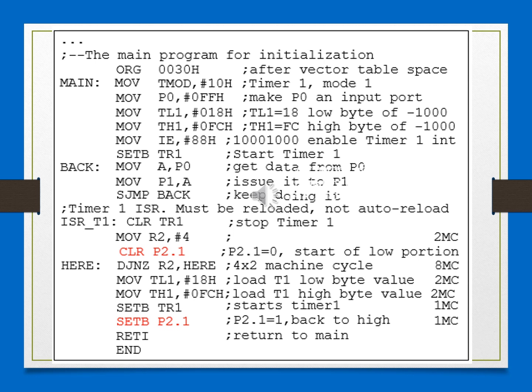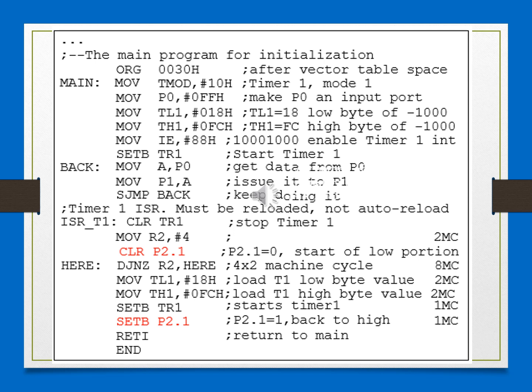For the 1085 microsecond duration for the on time period, you get the value 1000 into 1.085, which is the hexadecimal value FC18. So the higher byte of timer 1, that is TH1, will hold FC, and the lower byte register TL1 will hold the value 18.